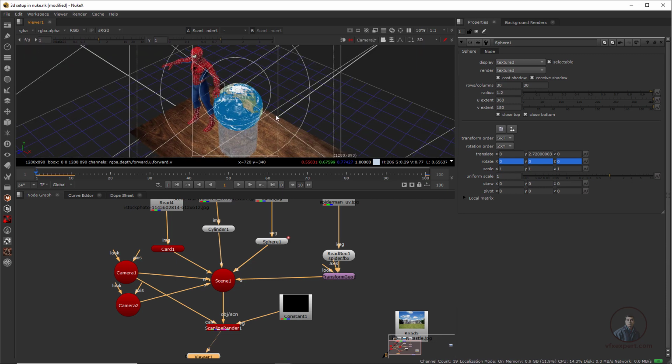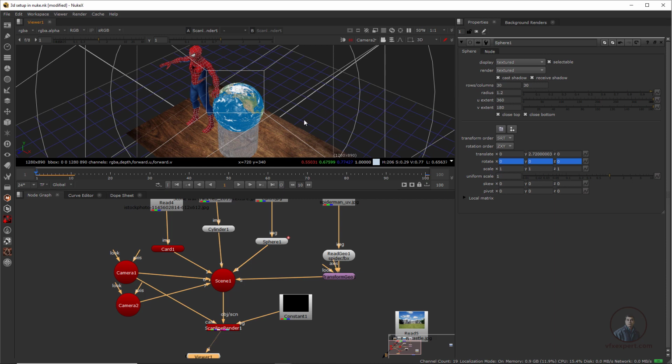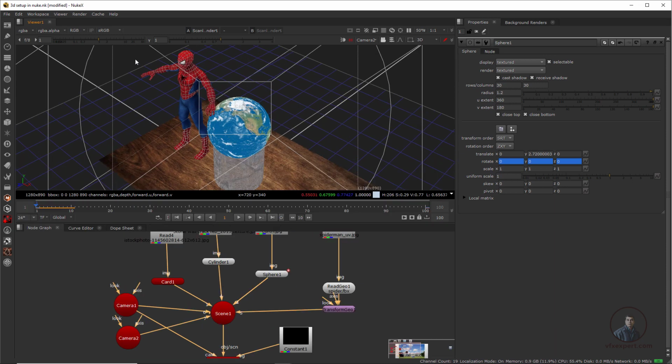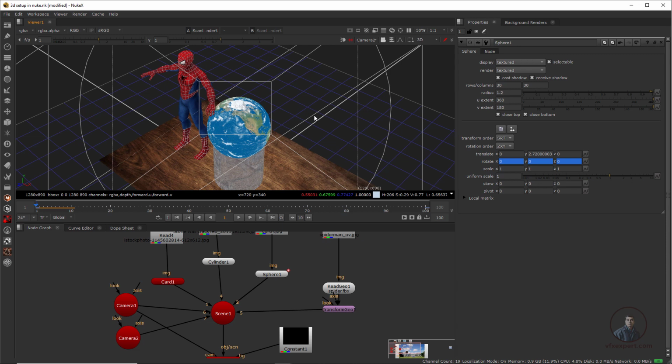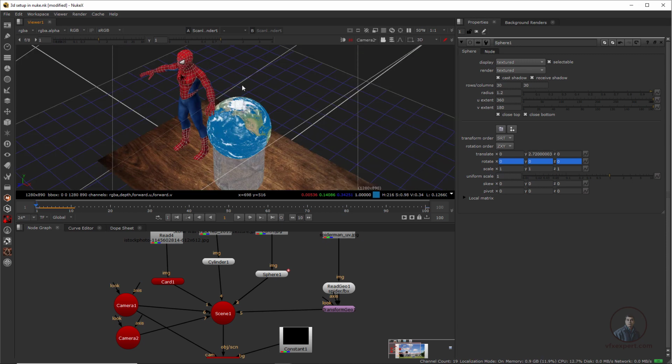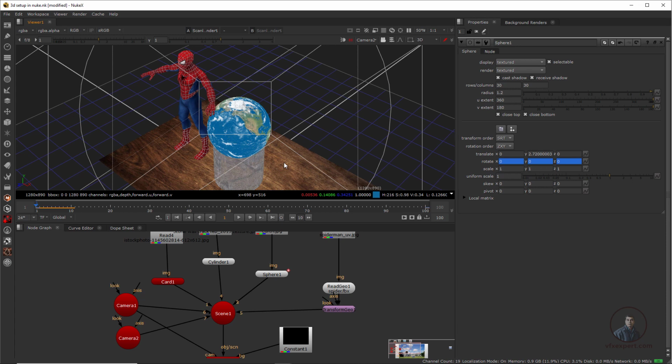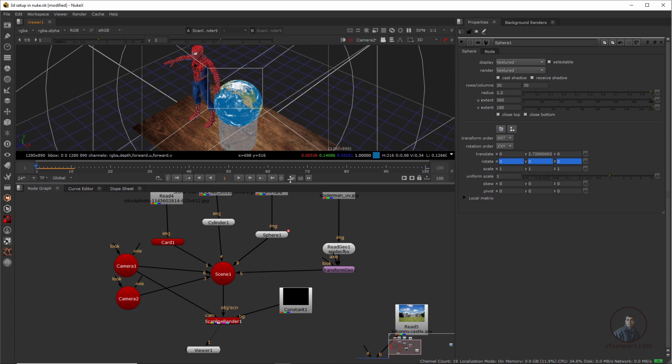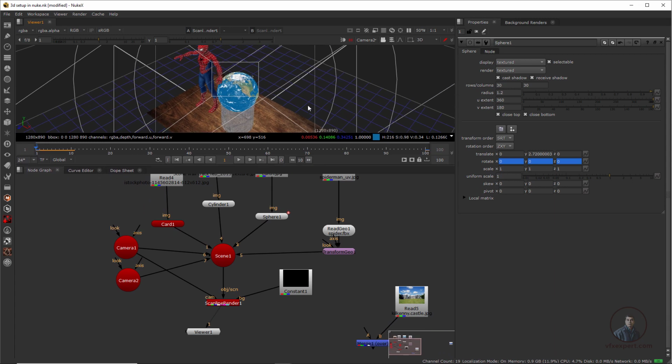Now here I am going to animate our camera, because here we have only a single viewer. So it is a little bit difficult to adjust your final output or adjust your camera here, because at a time we can see only one thing, either our output or our 3D view here. So here if you want you can also add another viewer. Here I am going to show how you can add another viewer, so easily we can manage our output and our 3D view here.